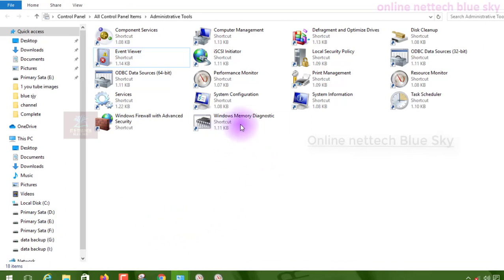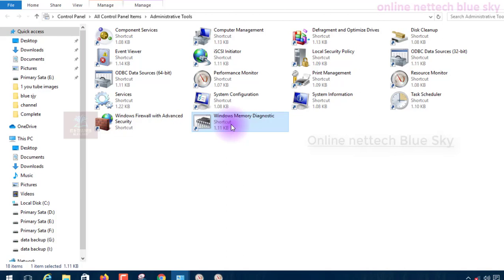So next time I will show you Windows Memory Diagnostic. Windows Memory Diagnostic is very important, because a lot of people do not know about it. Windows Memory Diagnostic is used for RAM and RAM related issues. So next time I will show you everything about Windows Memory Diagnostic, why we use this, and why the operating system gives these tools.